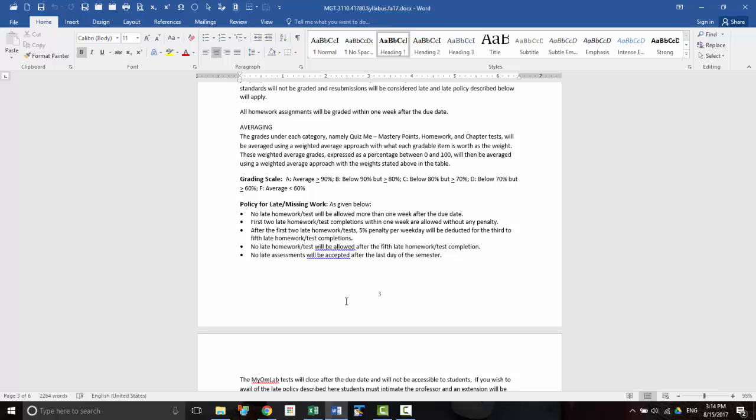So for homework and tests, you're allowed to be late no more than a week or 5 days. Saturday, Sunday I won't count. So you have a week of lateness. If you're more than a week late, then of course you have forfeited the chance to make that work up. The first 2 late homework, I won't assess any penalty, and after that it is a 5% penalty for each